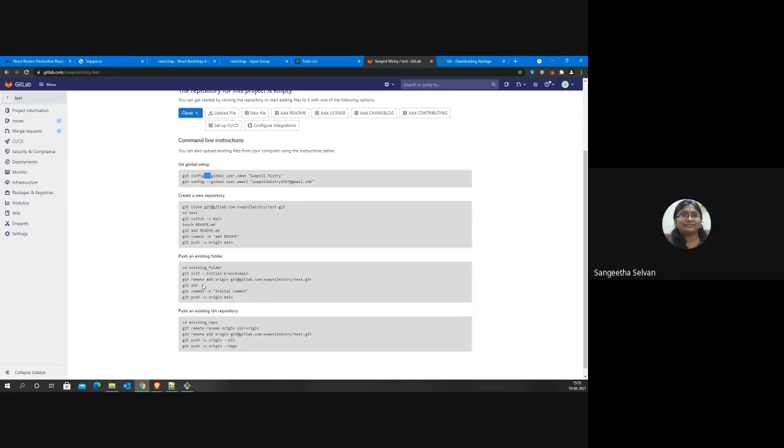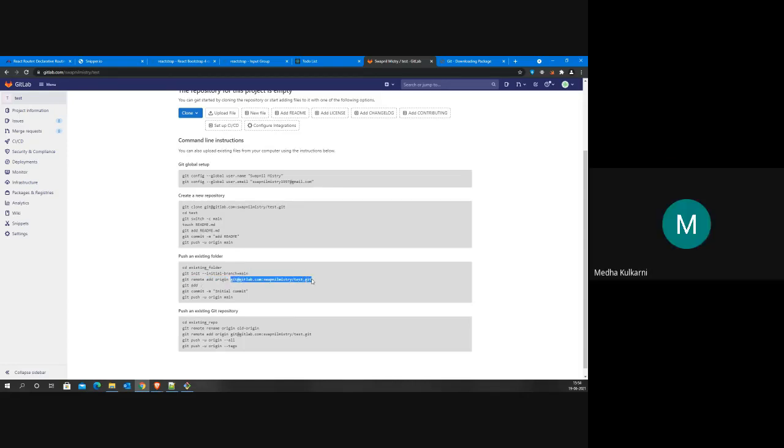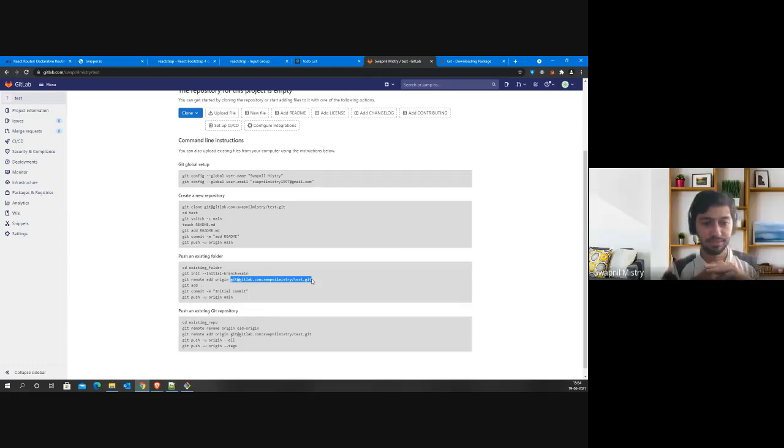Sir, I have moved to my folder. Now the next is I need to do that init step. Yeah, you can run git init, and git remote add origin and the HTTP path. Yes, correct. Sir, I deleted the .git which was created in my folder. Now I have to say git init, right? Yes. Then git init is done. Then run git remote add origin, followed by the HTTPS URL. Done, successfully done.